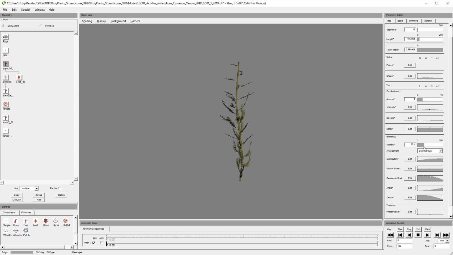I can create more leaves. It's very simple software to use. And I can also arrange the leaves in a number of different ways. So lateral, perpendicular, alternate lateral, perpendicular, paralateral. These are all types of branching found in nature that you absolutely need if you're going to try and simulate